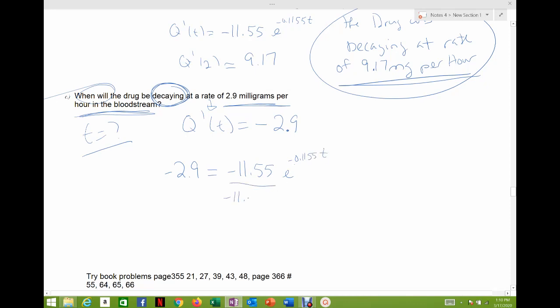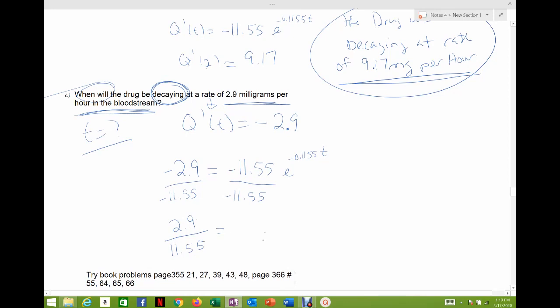Solve for e, divide by the 11.55. And this is the step where you hopefully remember the negative if you've forgotten it, because I need this negative to cancel with this negative, because my next step is going to be taking a logarithm. So I'm just going to write the negative cancels out the negative. We don't want to round this fraction, and it might come out nicely. You can plug it in your calculator and see if it does. I'm just going to leave it. I'm going to take the natural log of that fraction where the negatives canceled, natural log of the other side. And so I've got the natural log of 2.9 over 11.55 equals our k